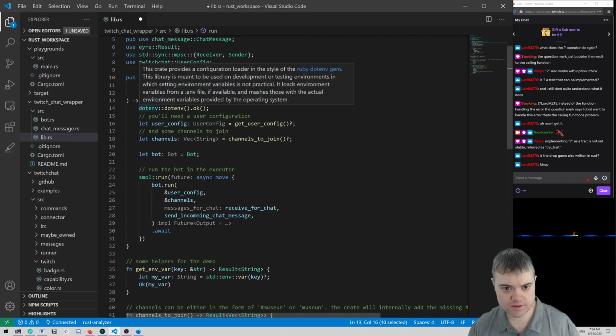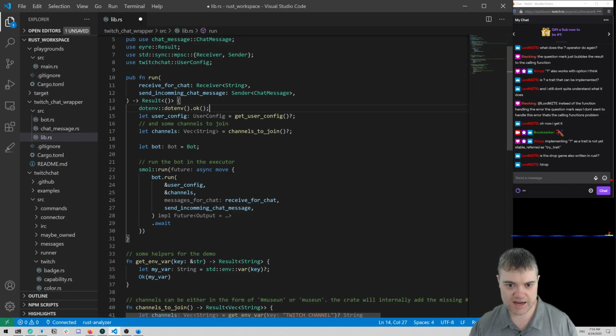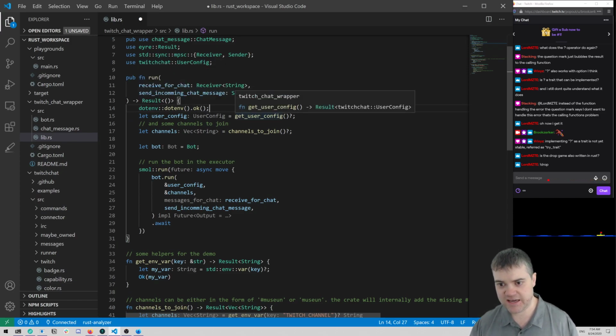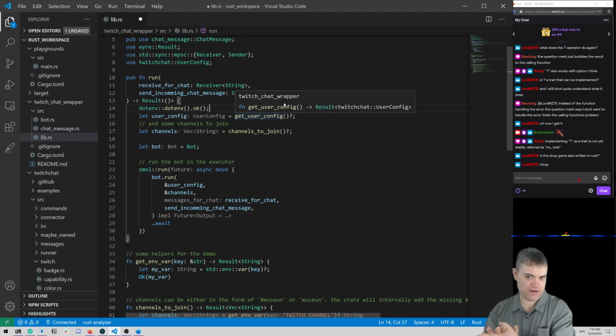Let's see. .env, so load up the environment variable, like load up the .env file so that way I can see the environment variables. And then grab a user config, and so create this user config. It's going to return this result type with an error in it. And the error implements a trait, which is error. So it's a standardized error essentially.